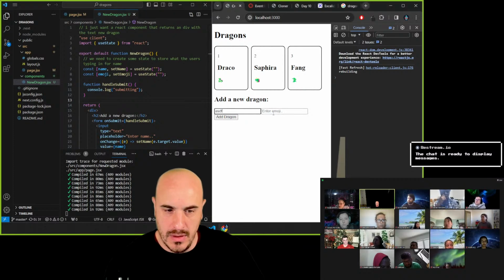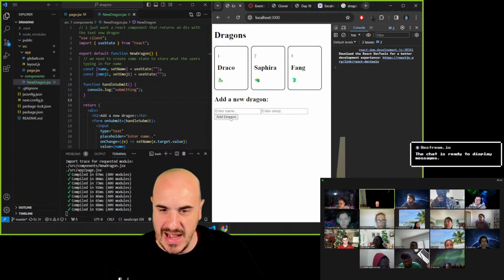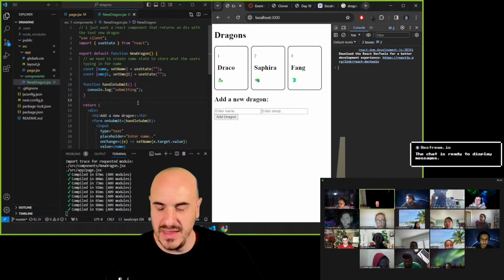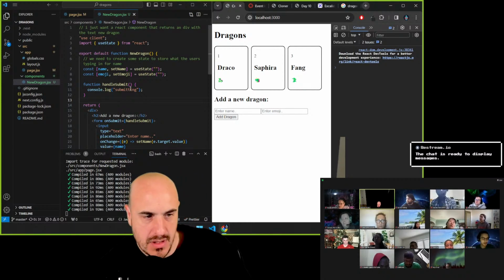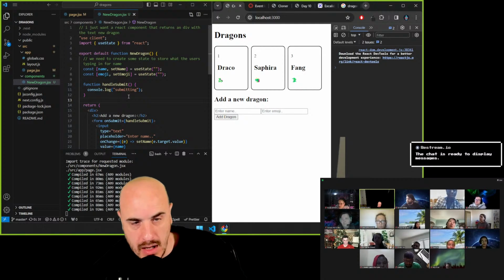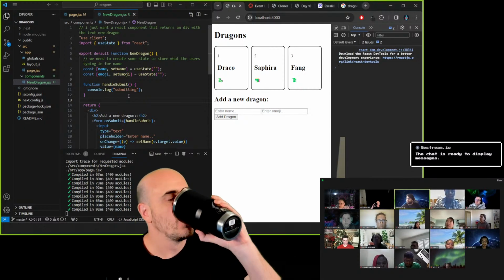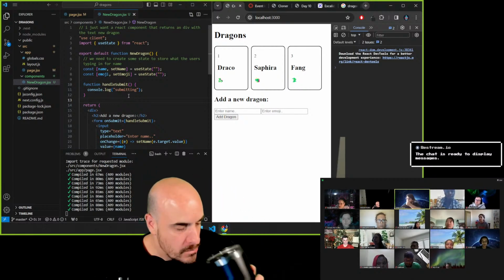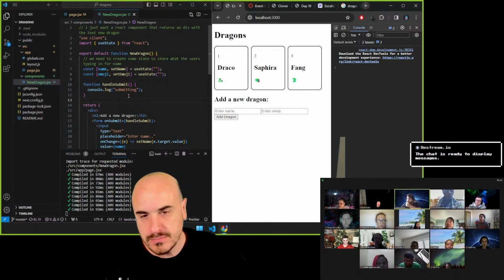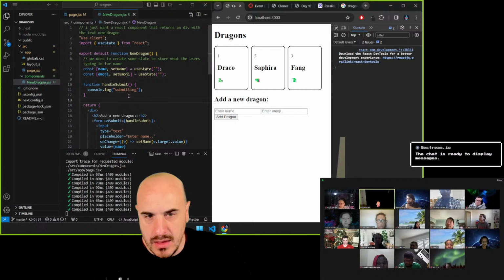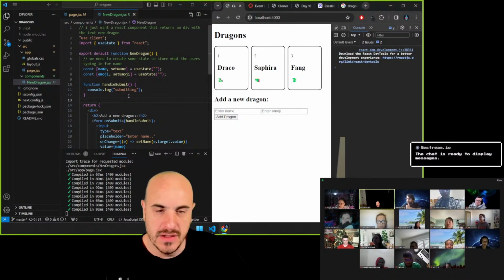So now when the user types something in and clicks add dragon, we saw submitting for a second, but then it disappeared. Because the page refreshed. So in the long ago, does anyone know why this is happening? Because it's re-rendering, so we need to prevent that. Yeah, it's the browser. When it submits a form, its default behavior is to refresh the page, and that's from long ago